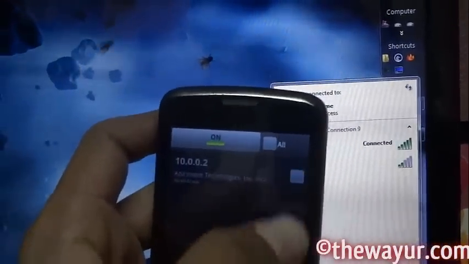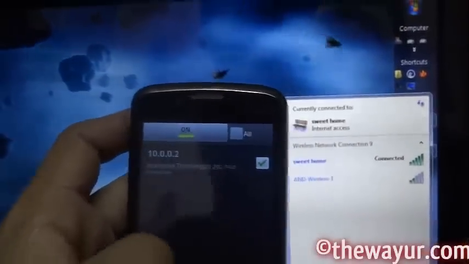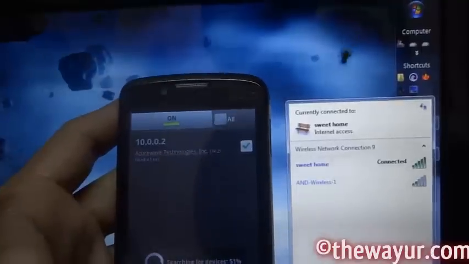So let's see what happens when I block it. To block, just check this box, and it is blocked.